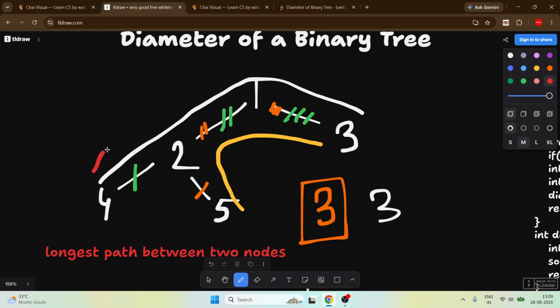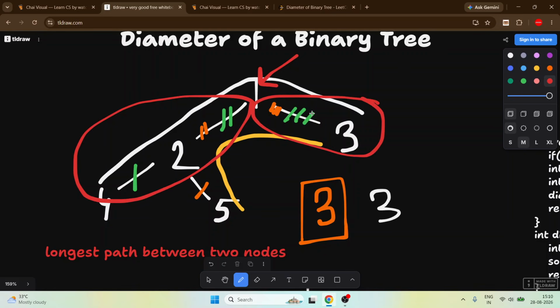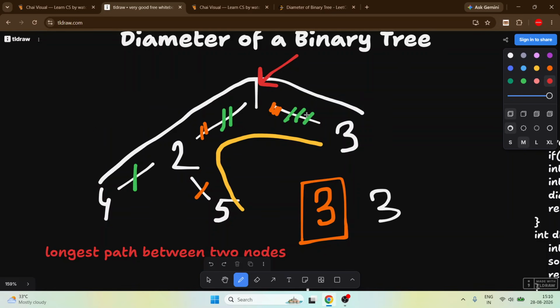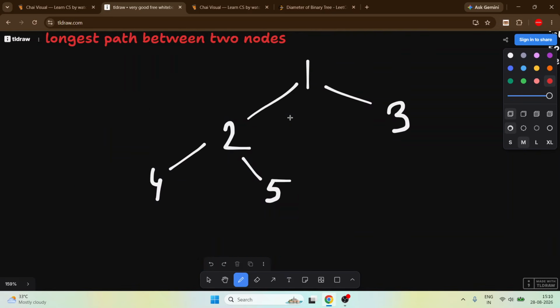Every time you calculate a path, there is a bend. In both of these cases, for this white one and for this orange one, every time we got a bend here. So on this bend, if we calculate the right height and the left height, we just add them.